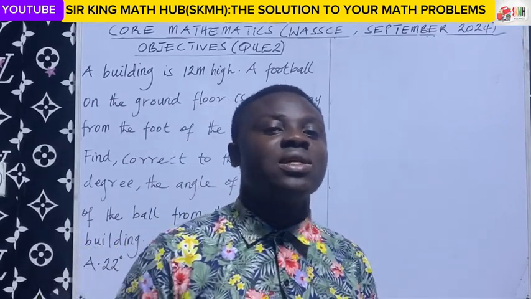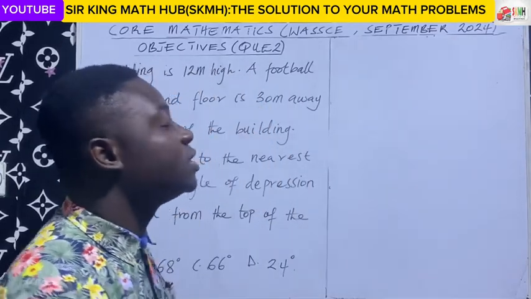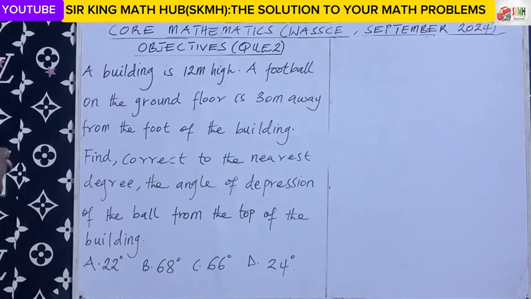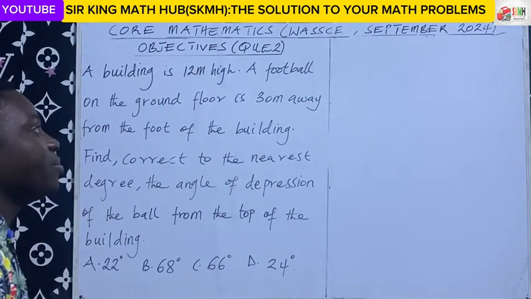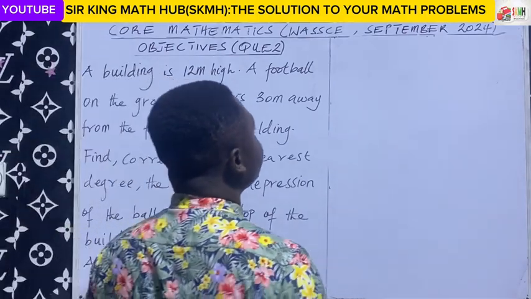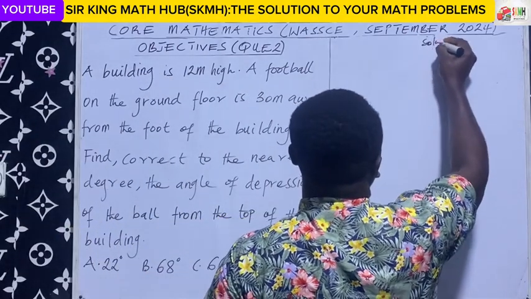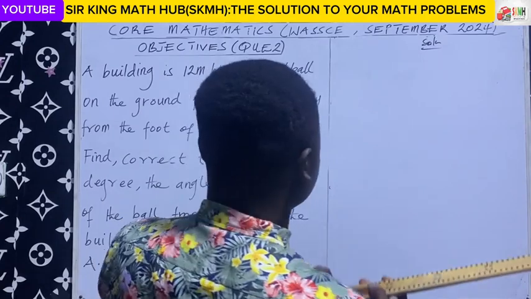Core Mathematics, WASSCE, September 2024. Objective question 2. A building is 12 meters high. So we have a building here which is 12 meters high. So let's represent that. We know that the building